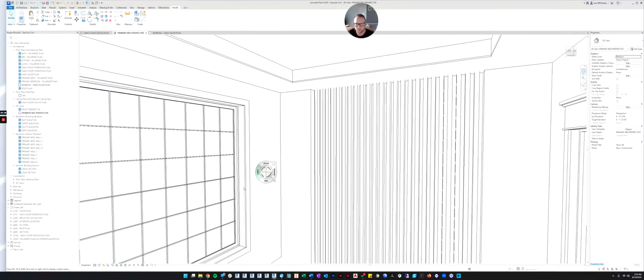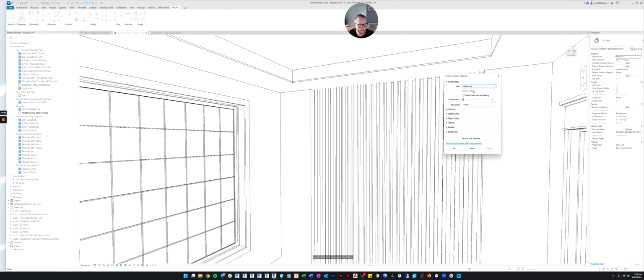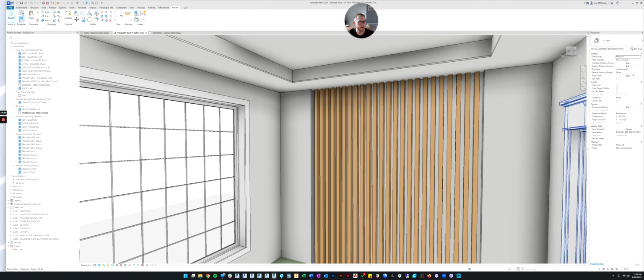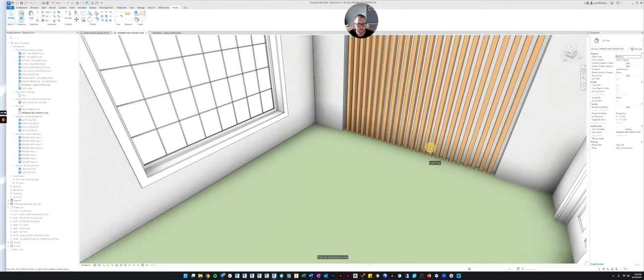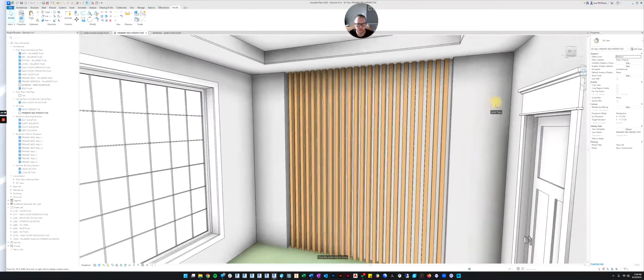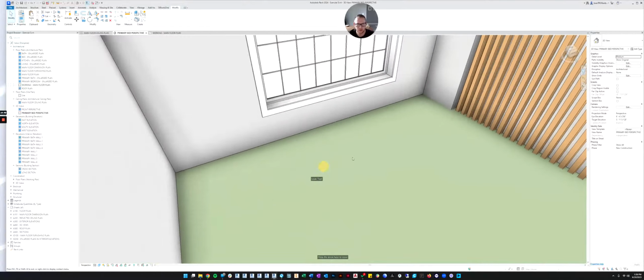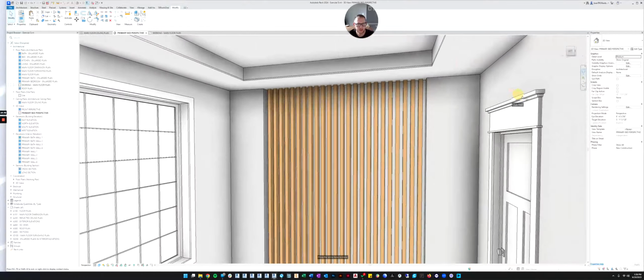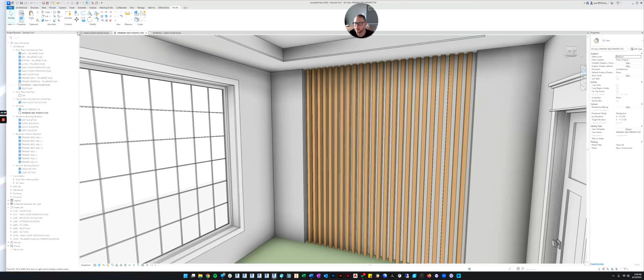There you go. You could even change the settings down here. Let's make it consistent colors. Let's show shadows. And let's turn the shadows down. Click OK. Now you can see they're even wooden slats. So now we've got our accent ceiling, we've got our accent wall, and we forgot to change the color of the carpet from green. But now you have a design element.